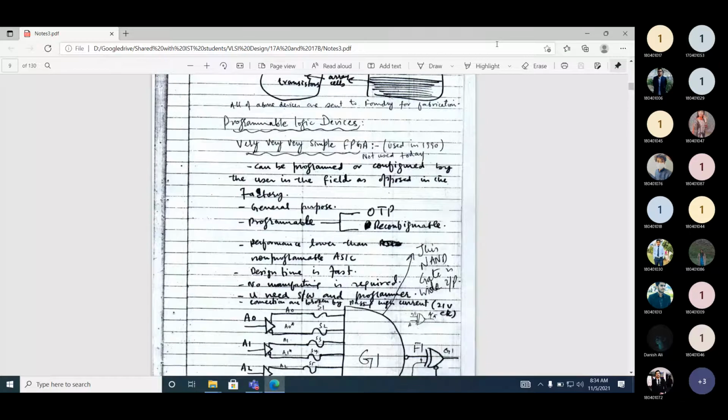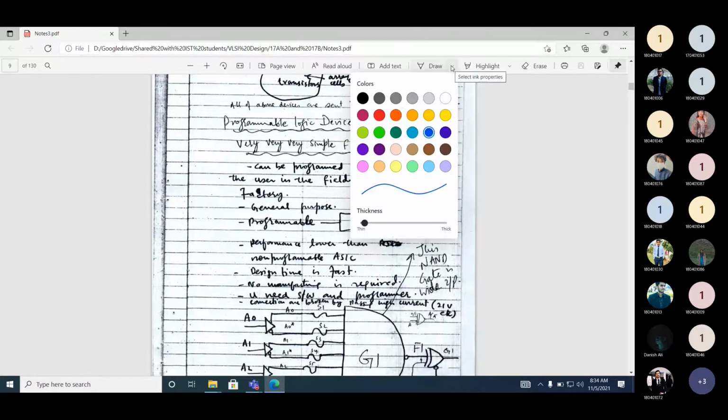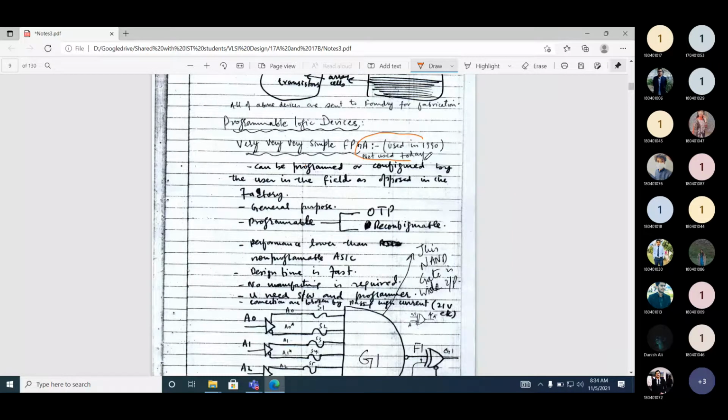These are very simple devices, used much before, and they are not used today. But what's the purpose now? The purpose here is to see the evolution of these devices, how these devices evolved with time.